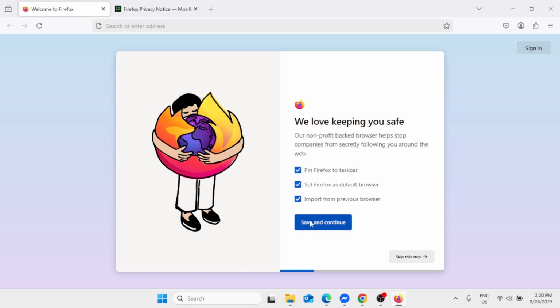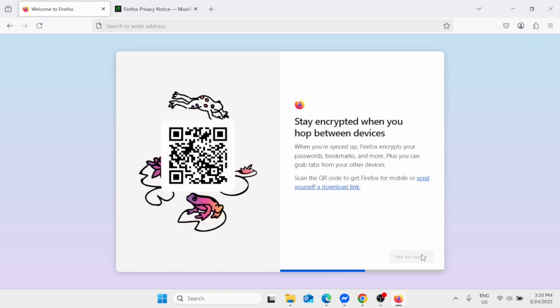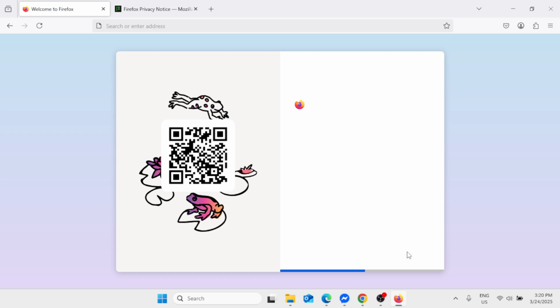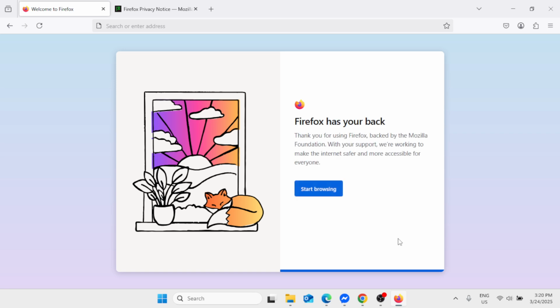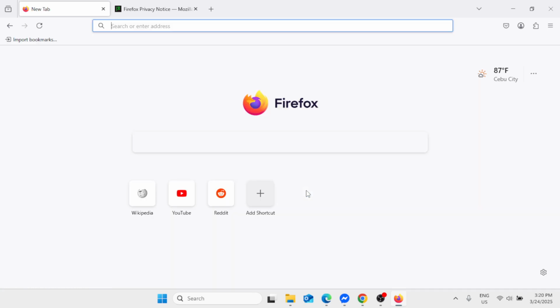Now you can click on Save and Continue, but I am not going to click on Save and Continue. So let me just click on Skip this step. Click on Skip this step. And then click on Skip this step. Click on Start browsing. And here, you have now installed the Firefox browser on your Windows, and now you can